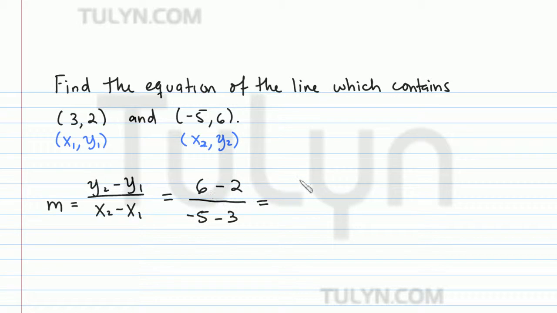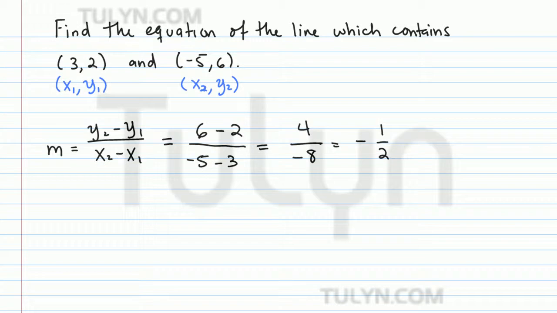So 6 minus 2 is 4, over -5 minus 3, that becomes -8. And reducing, this becomes -1/2. So now we have our slope, and we have one of our points. So to use the point-slope form,